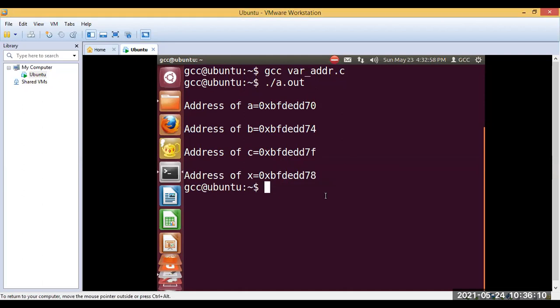The concepts till here, you can ask any doubts or confusion that you have. Shall I proceed further? Yes, ma'am. Definitely I'm asking all of you, have you understood this? Yes, ma'am.